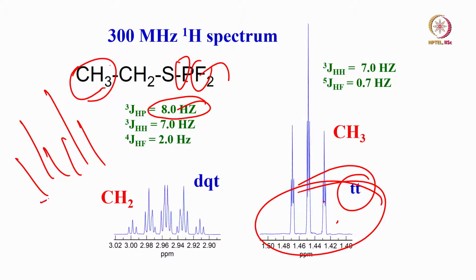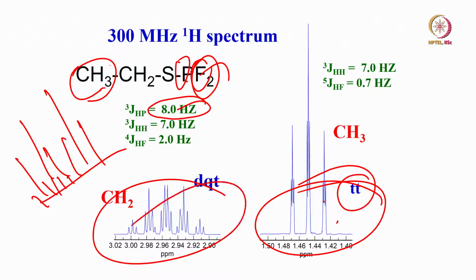Further, each line of this quartet becomes a triplet because of fluorine. Each of them will be a triplet like this. So it will get a complex pattern like this. This is the pattern. This is why I gave a lot of examples in the multiplicity pattern. This is a doublet of a quartet of a triplet. So in this example, I deliberately took, you have proton coupling and also coupling with two other heteronuclei. You may not be observing, what about PF coupling then?